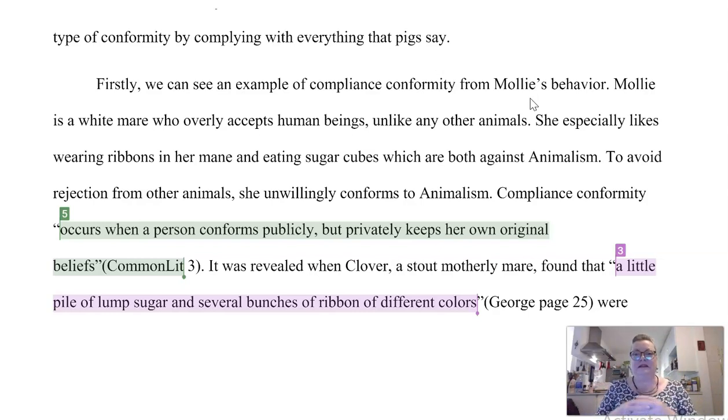allegory, she represents that noble class of Russian citizens that were unhappy with the revolution because it meant that they would lose all their nice things, their palaces and their riches and things like that. Okay, so just like in real life, Molly ends up running away from the farm, and in real life, that level of Russian society, many of those people left Russia to go live in other countries. Okay, so I really like this example